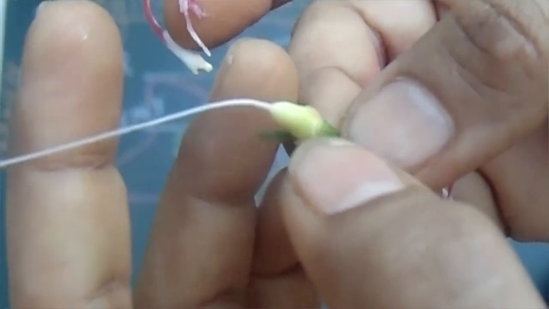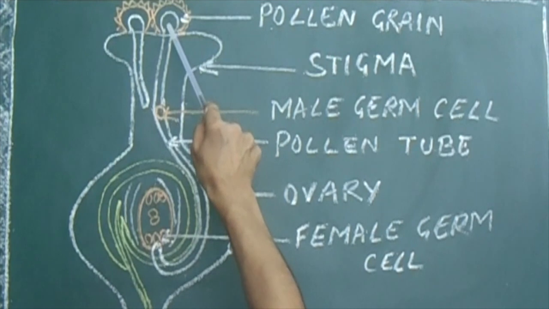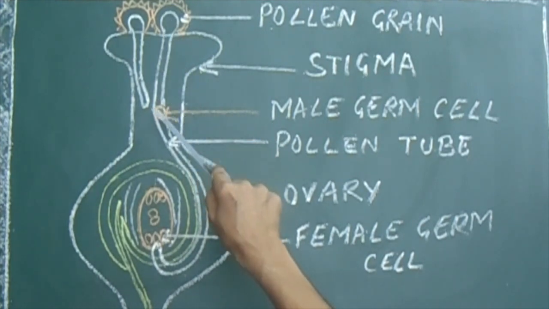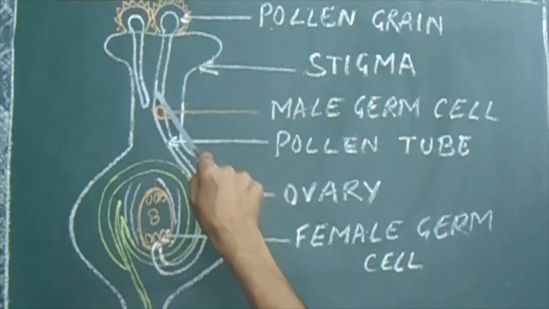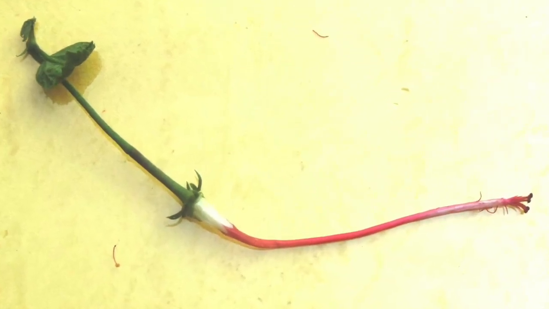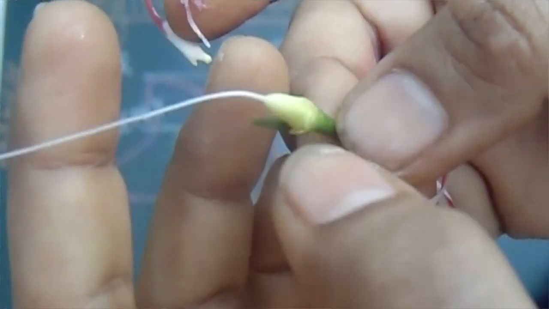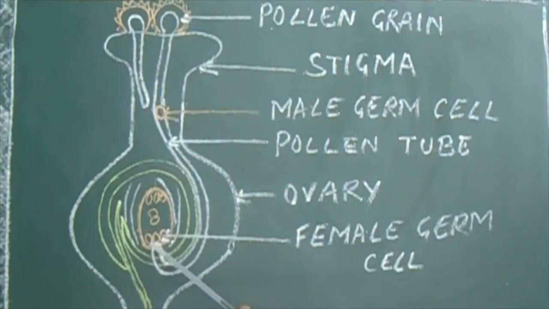For this, what has to be done? Yes, for this the pollen grain will start growing out a pollen tube. That pollen tube will grow within the style to reach the ovary. Now here what happens, when this male germ cell will travel and reach the female germ cell, the process of fertilization occurs. What is fertilization? It is the fusion of male and female germ cell.